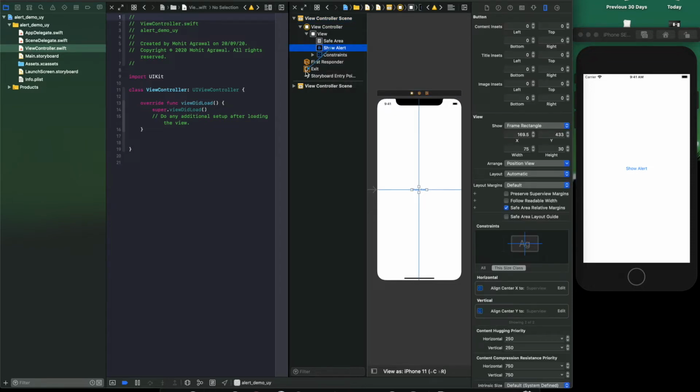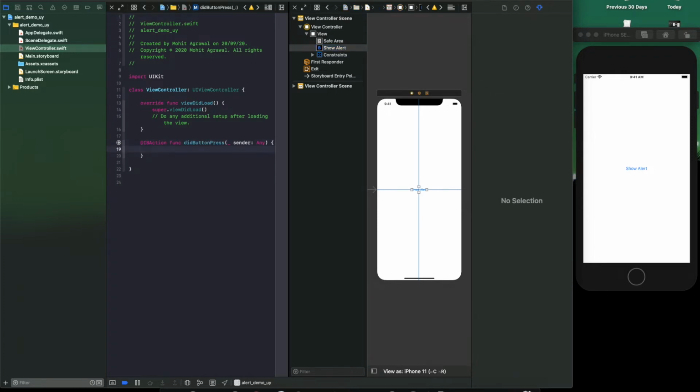Okay, here we can give the name button press. Okay, here we have to write the logic for show alert.